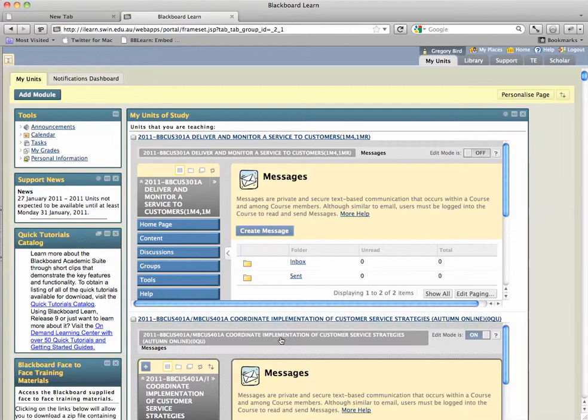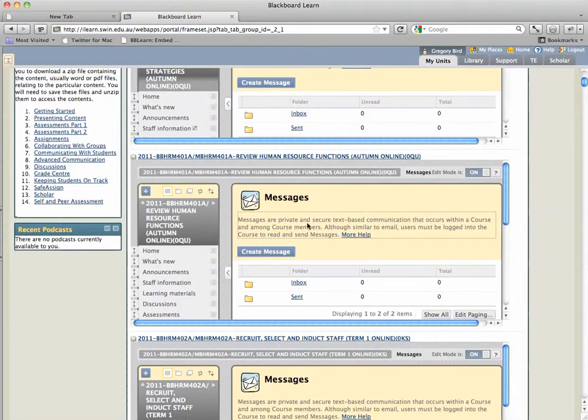And you might see down the screen that for each one of my units of study, now I've got probably hundreds, so this process can take some minutes, but basically each unit or each course has the relevant messages window displayed directly below it. Indeed, this is completely functional, so I could, from this screen, hit create message and compose a new message. So they can really deal with all of their messages for all of their units in one